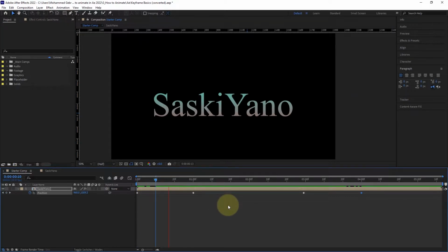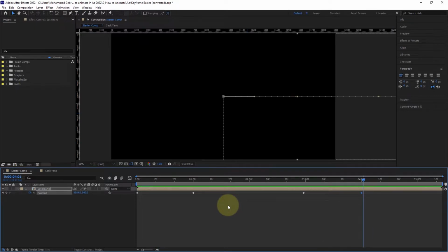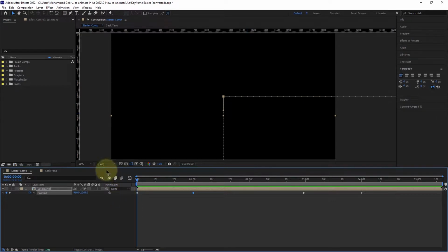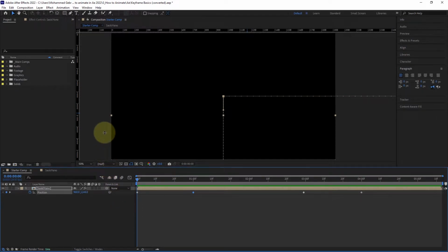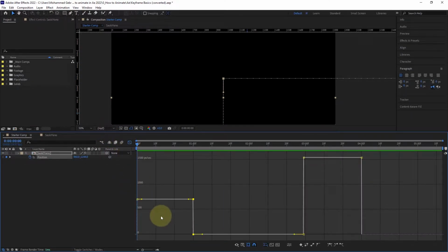Now these types of keyframes, you can see the diamond shape here. These are linear keyframes. Linear keyframes apply a uniform sort of interpolation to the movement, meaning that it all kind of moves at the same speed. And a really easy way to see exactly what's happening is if we jump into the graph editor, and you can do that by clicking on this button right here. And if you select the position if it wasn't already selected, that'll bring up this graph here,